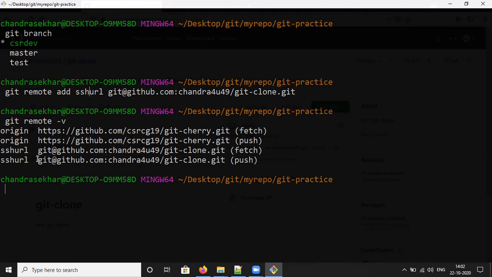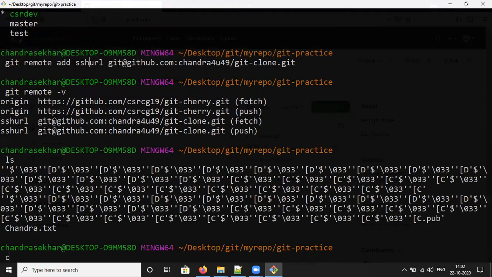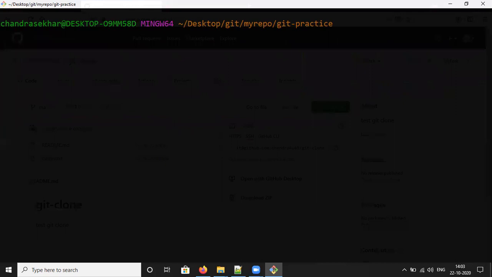Now there are two, one for fetch and one for push. Now if you want to push any changes, I will check here. It is giving okay.